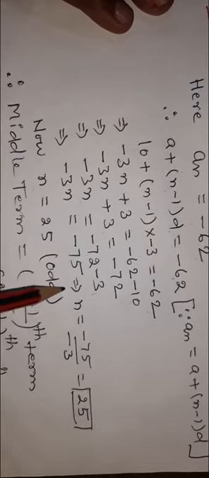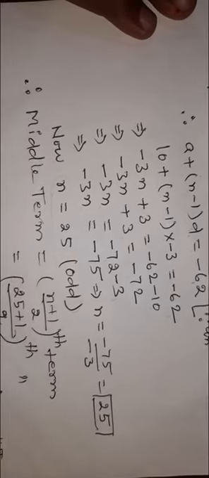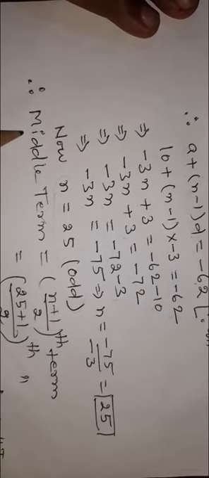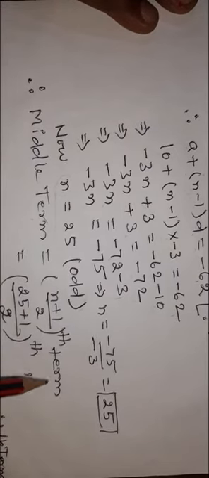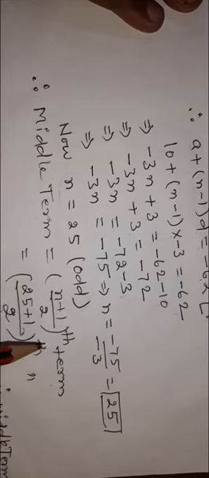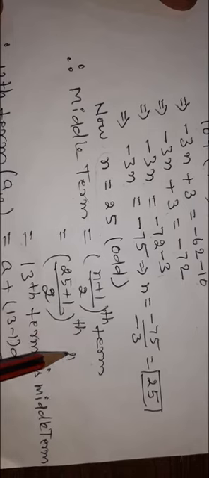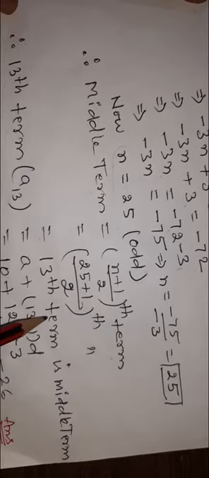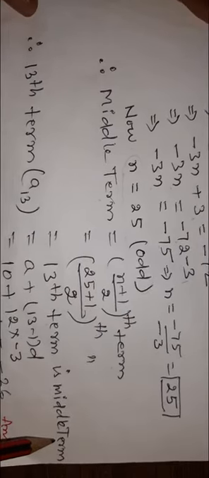So look at here. n is here an odd number. 25 is an odd number. So apply the formula for odd. Here we know that for an odd number the middle term is equal to (n plus 1) by 2th term. यह फार्मूला odd के लिए यूज किया जाएगा. Okay, so in place of n put here 25, (25 plus 1) by 2th term. This will be the 13th term. Means that the 13th term is the middle term of the given AP.